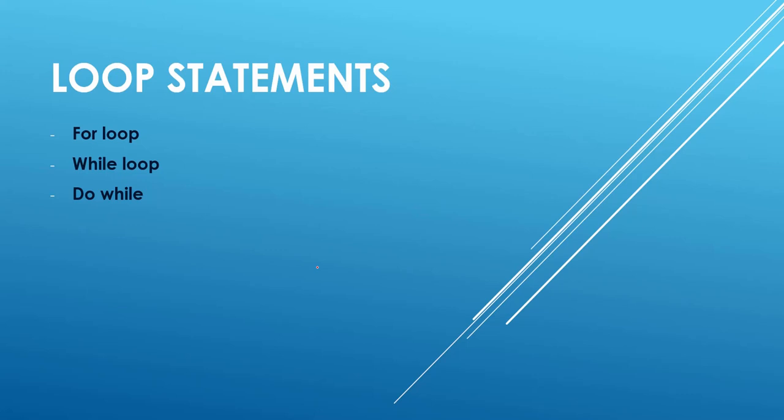In the previous class, we discussed the control statements and the different types of decision making statements like if statement and switch statement. We discussed briefly the different forms of if statements, and we also saw the implementation of different if forms and also the switch statement. And in this class, we will discuss the loop statements.